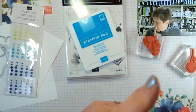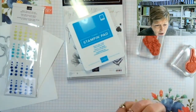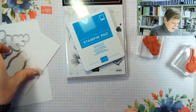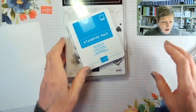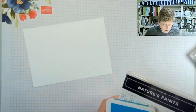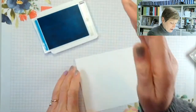So for those of you who missed last night, this is what we made last night, very quick. Hello Claire. Simple Stamping Saturday always starts with a note card and envelope, and this is going to be epically quick, quicker than the simple version. So I've got my basic white note card, I have my basic white envelope, and I've got my Tahitian Tide